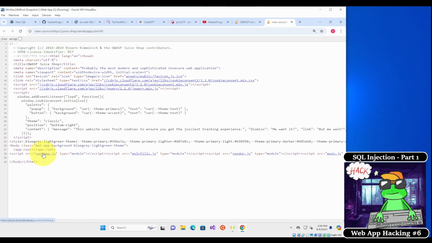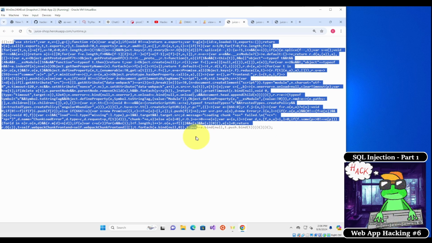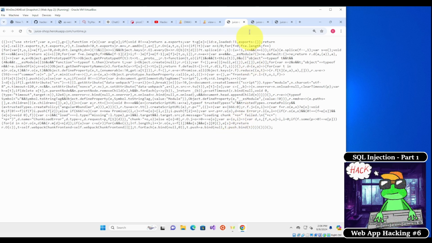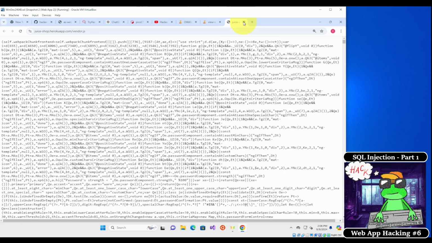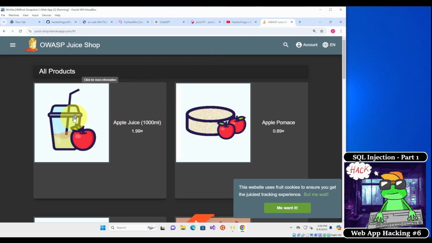There are a couple of script files that we could look at in here. I don't think they're necessarily going to give us a lot of information as far as the hidden directory is concerned, but what you can do is look for a robots.txt